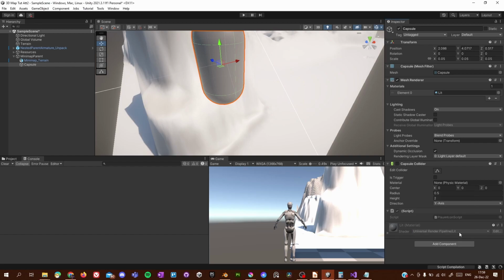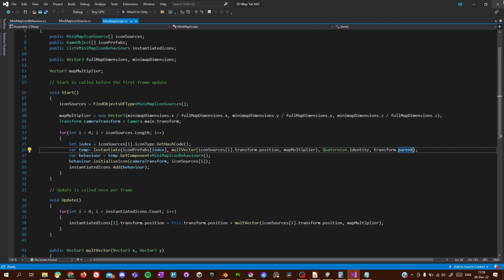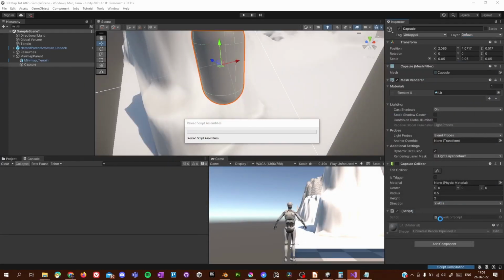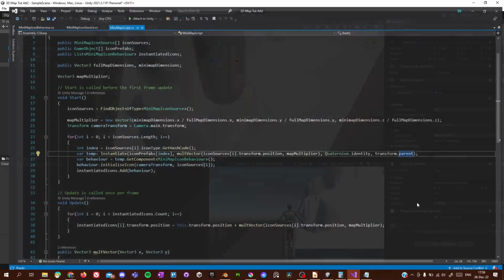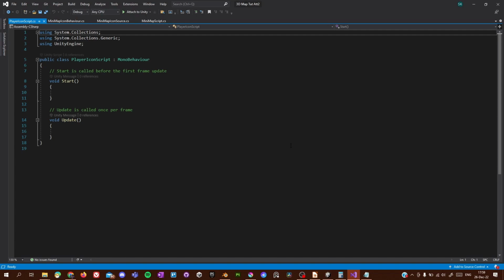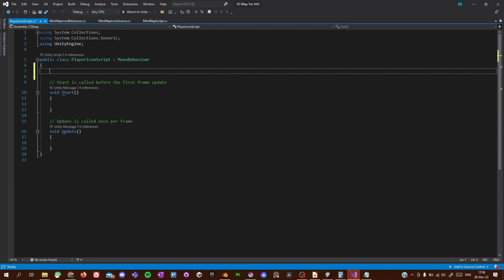The reason why we are making a separate script is because it can have extra functions like other icons. In this case, we can have something like player orientation and such, and the rest of the map will be drawn on the basis of this icon only. All right. So firstly,